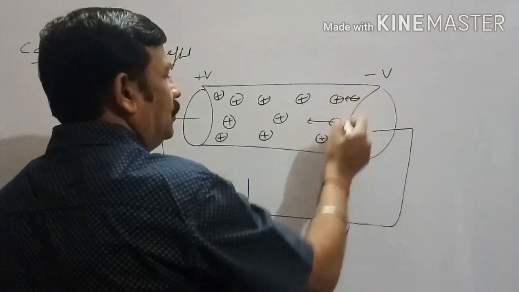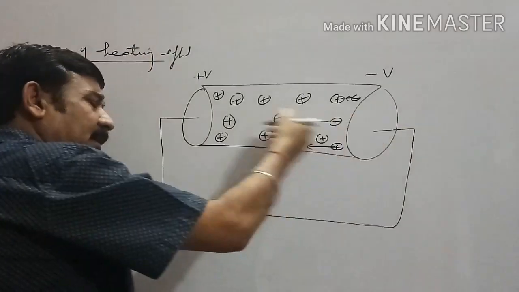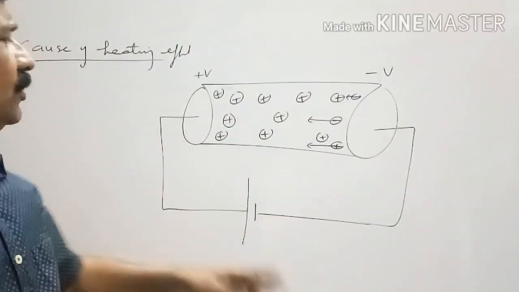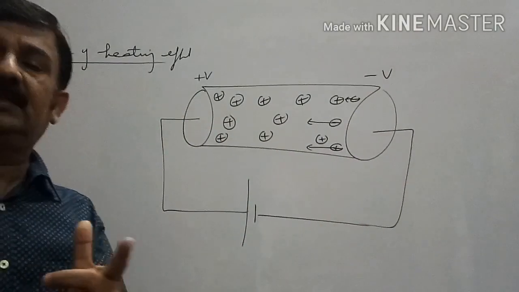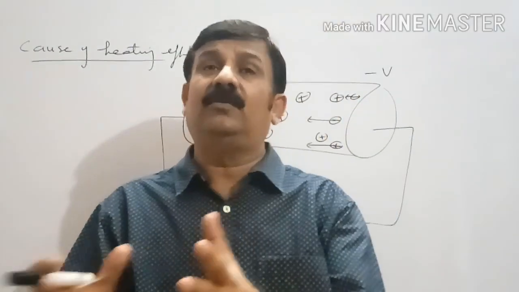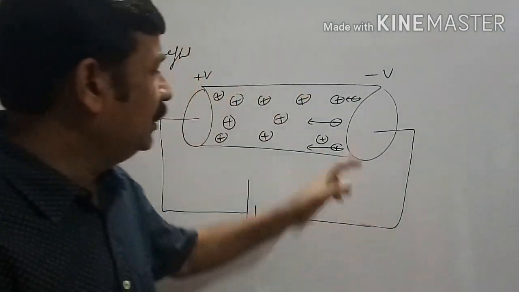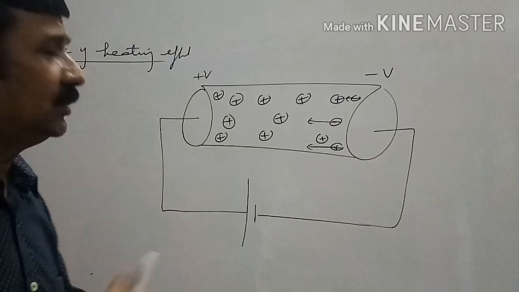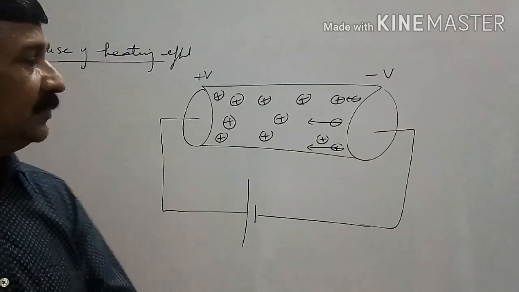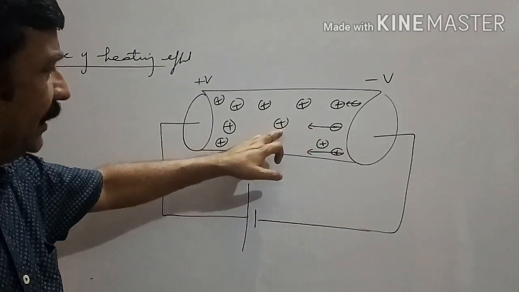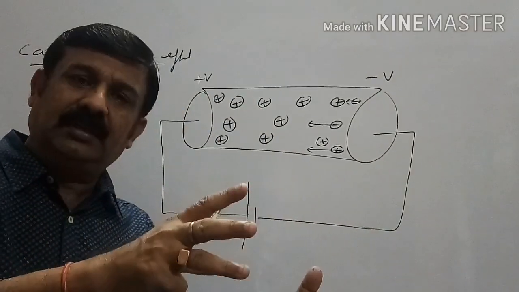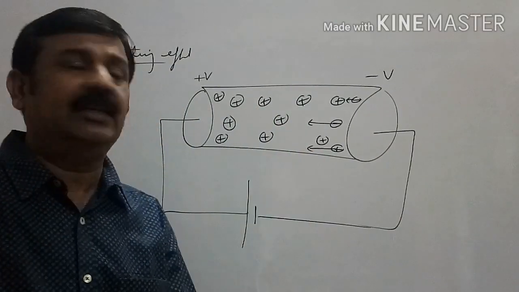As the electron moves, since this plate repels electrons and this plate attracts electrons, the electron experiences force. And in class 9 we discussed that whenever any body experiences force, it performs accelerated motion. So these electrons start performing accelerated motion, and velocity keeps on increasing. As a result, the kinetic energy of the electron keeps on increasing. When these electrons collide with the immobile positively charged nuclei, during collision they give their gained kinetic energy to these nuclei.